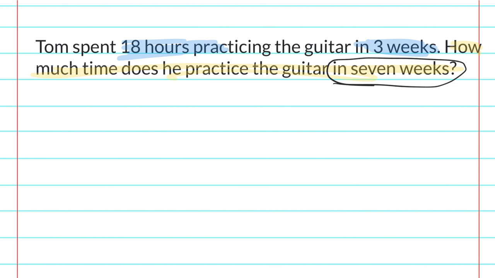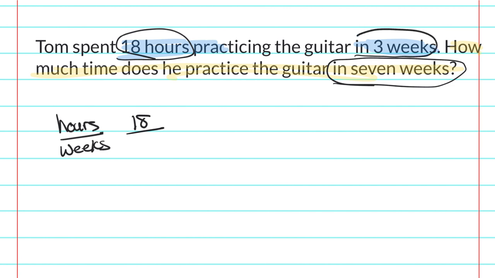So we can go ahead and set up our key to solve this using proportions. So let's go hours over weeks. Okay, now the first proportion should be the information we know. What is the information we know? Well, I know he spends 18 hours practicing. So 18 hours over how many weeks? 3 weeks. So 18 over 3 equals